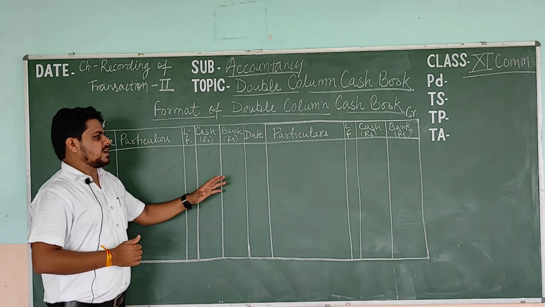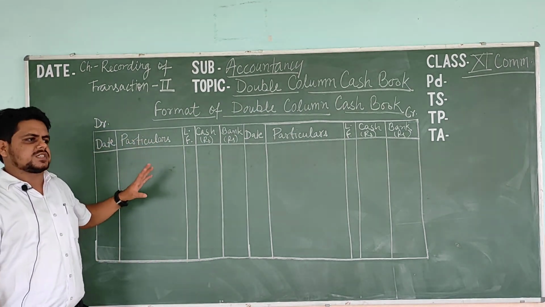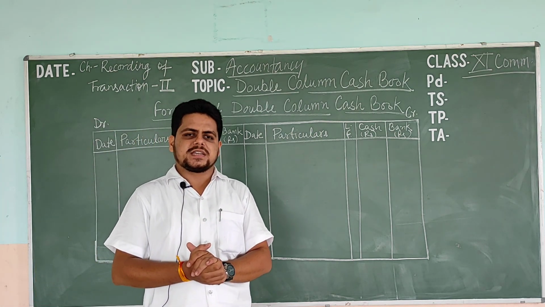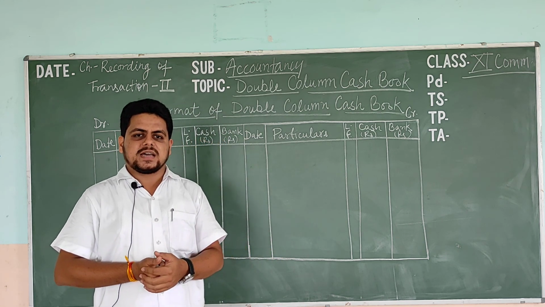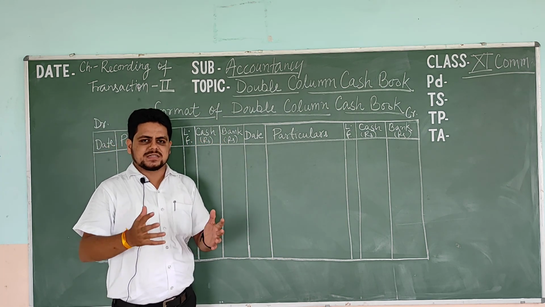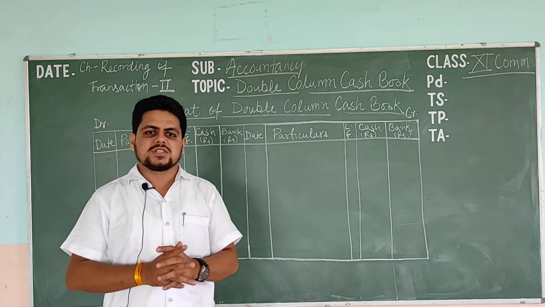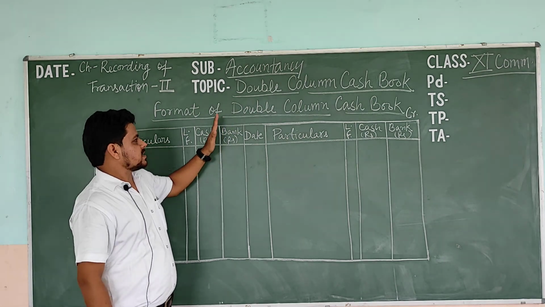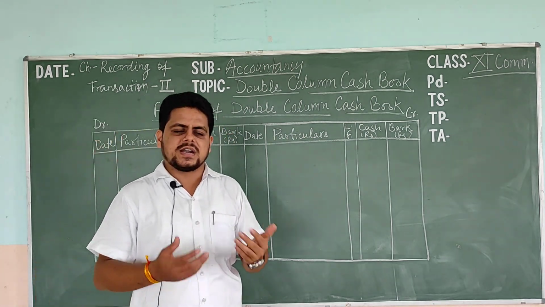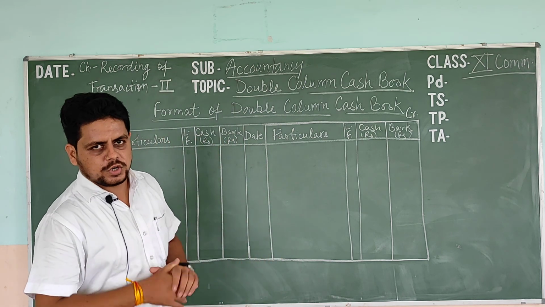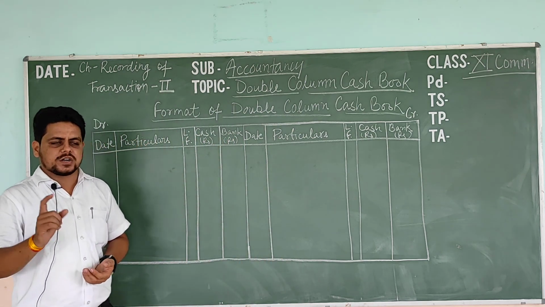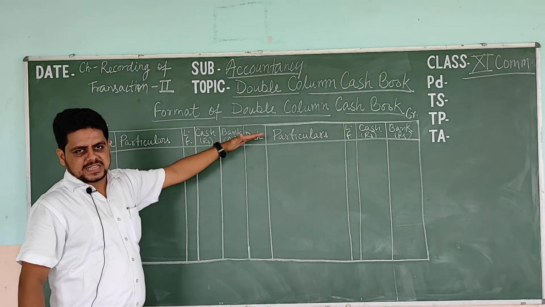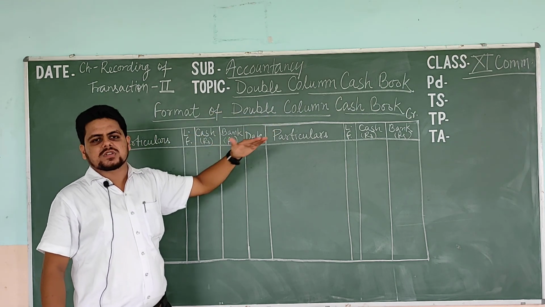Students, this is a very useful format. We must use this format nowadays also, in every type of business organization, because we are living in the era of Digital India and most of our payments are made through digital platforms. So the utility of the double column cash book is very important. This double column cash book is also called the bank column cash book. So don't be confused if someone says or asks about the bank column cash book. Understand that the double column cash book and the bank column cash book are the same.